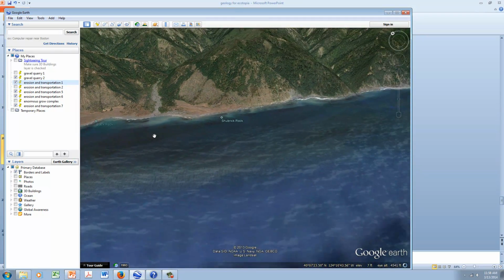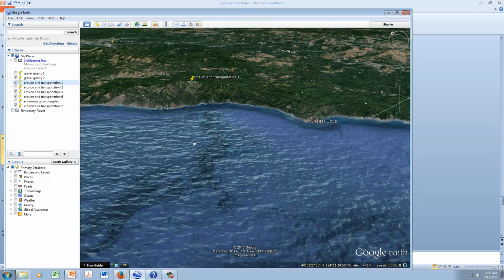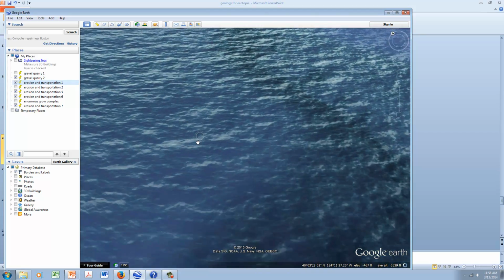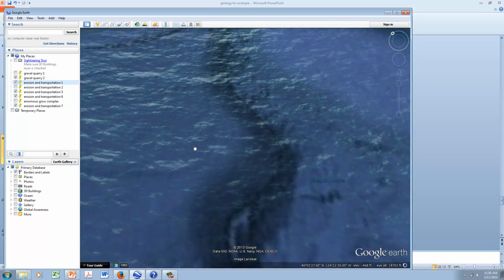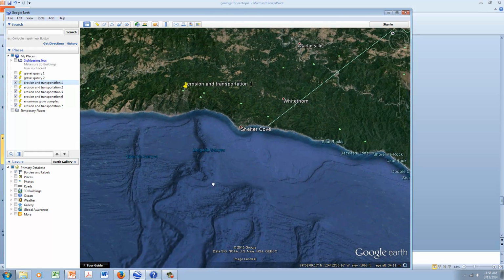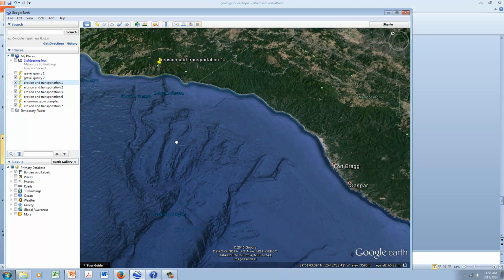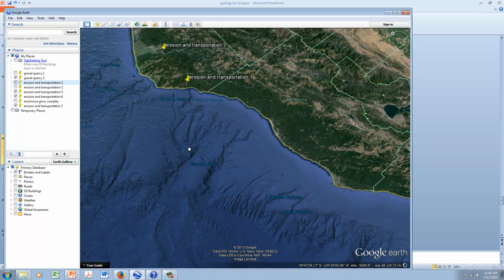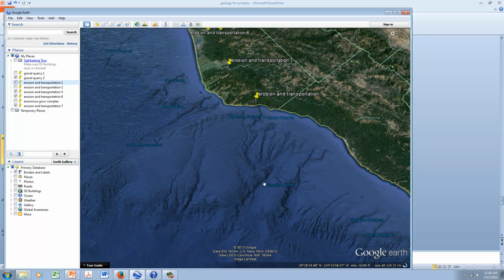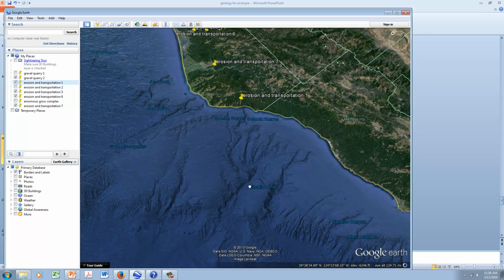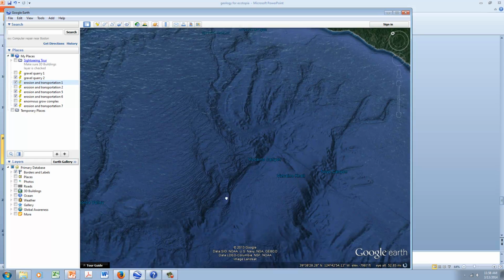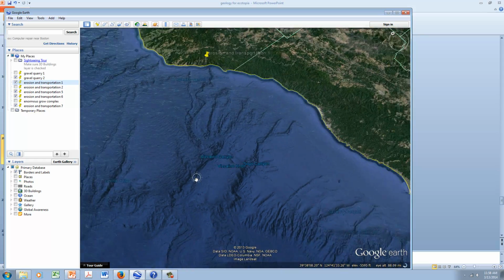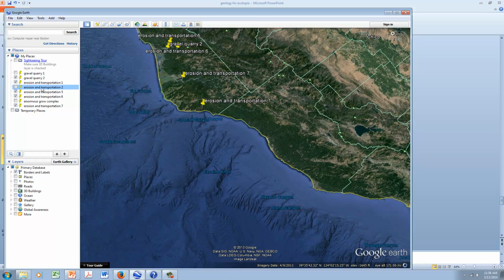And you can actually, Google Earth is so fantastic, it lets you see underneath the water. Is it going to let me do it? Not in this view for some reason, but you can change the settings and you can actually see underneath the water. Actually you can see all kinds of things. These braided channels underneath the water are actual canyons that probably formed when the ocean level was much lower during the ice ages, when all the water was locked up in the ice caps. And so you can see former transportation patterns underwater. Fascinating stuff.